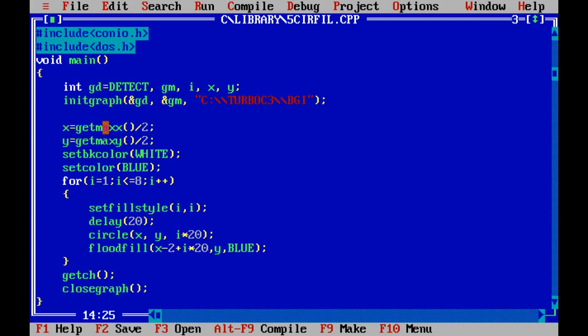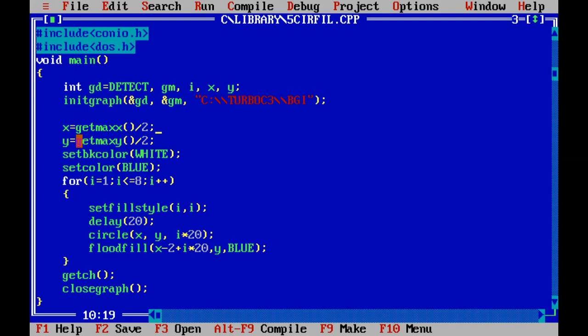What is the function of getmaxx? This function returns the maximum x coordinate of the graphics output window resolution, and it is divided by 2.